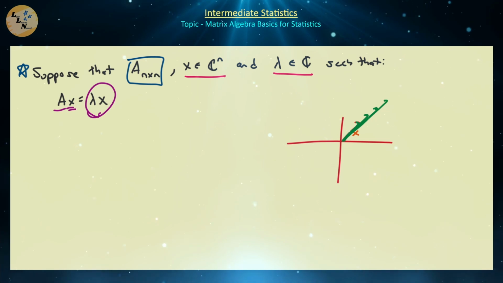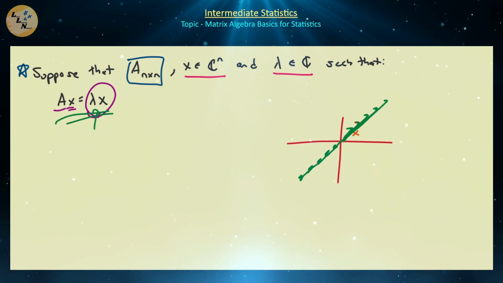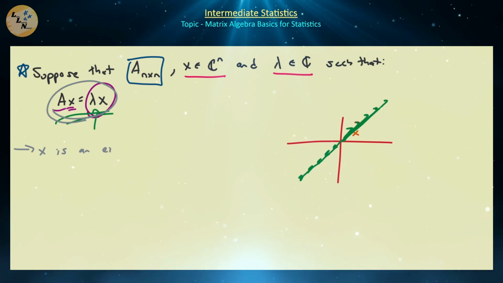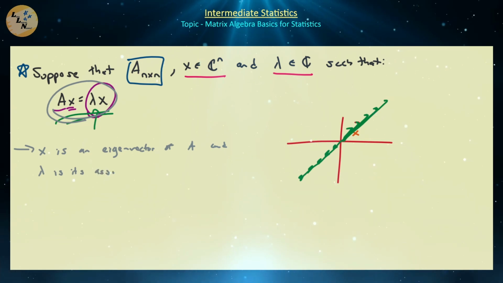Either it probably doesn't move, it gets a little bit shorter, or it just changes direction, i.e. it just stays pretty much along the same direction or its opposite. That's pretty much what this equation is saying. And if lambda is equal to 1, that means the vector doesn't change at all, and sometimes we call that a fixed point of the transformation. So if there is an x and a lambda that satisfy this particular equation, then we call x an eigenvector